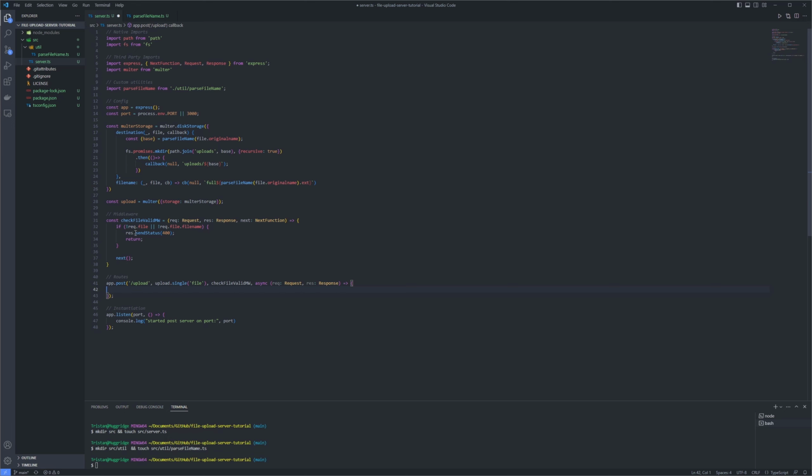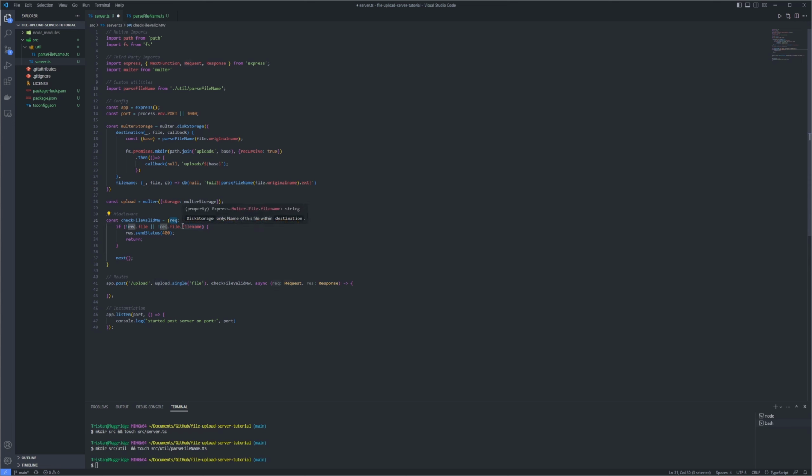Excellent. So now that we have this, this upload.single file will check the uploaded file, and I will provide an example. We'll go back to Postman in a second to make sure this is all working. On the form, what we send to the server, we're going to give it a title of file. So it's saying, hey, find the file that is attached to the field called file, because all forms are key value pairs. So that's going to grab that, and it's going to attach to the request